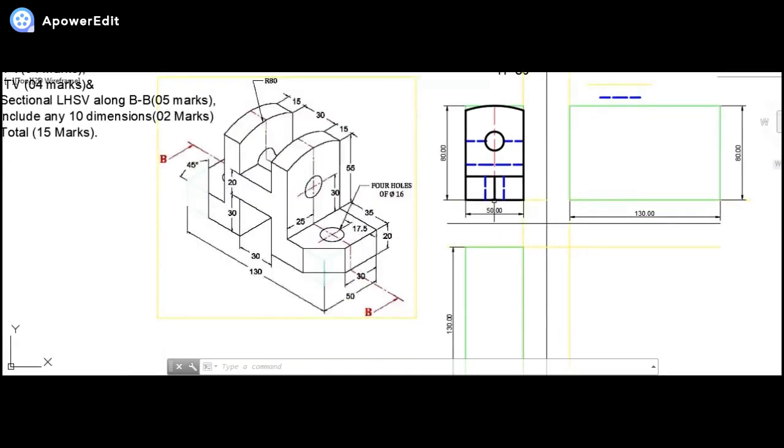From here, this particular prominent edge is there. Even this particular prominent edge is there, which will be drawn at an angle of 45 degrees as it is given. Both are drawn at an angle of specific 45 degrees. Let's go for the top view now.